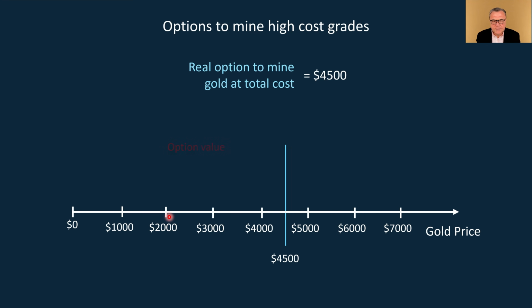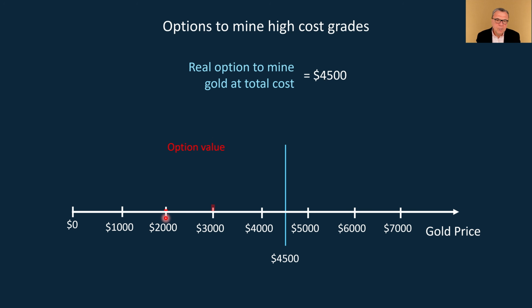Now, if the price of gold is down here, how much is the option worth? Well, it's worth almost nothing. The option to mine gold in our mine at $4,500, because the price of gold has to get up here before we're going to be in the money, and we would want to do it. And the probability of getting into the money anytime soon is very low. So the value of our real option to mine gold at 4,500 to exploit those low-grade resources is